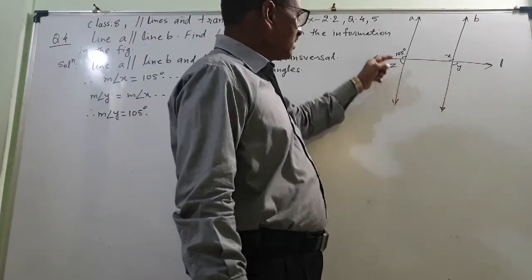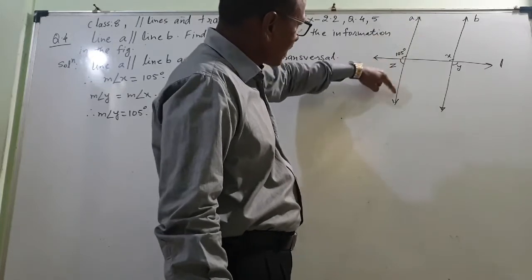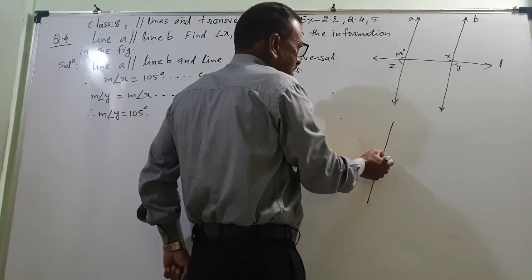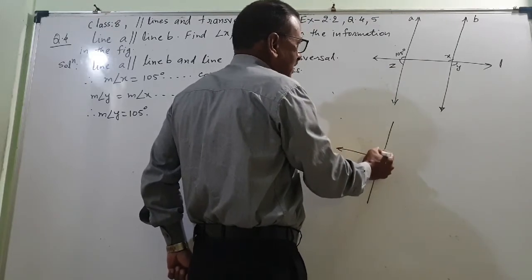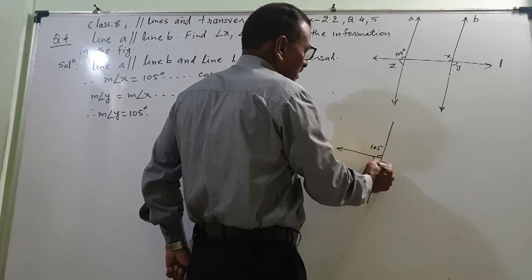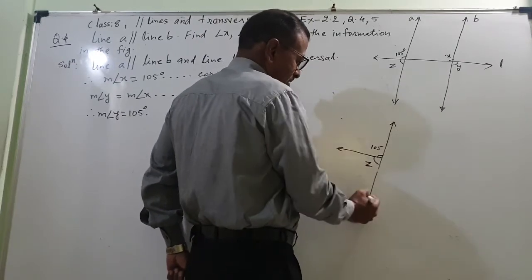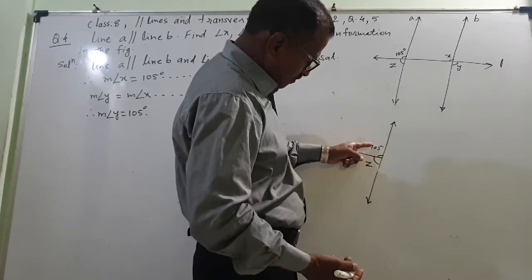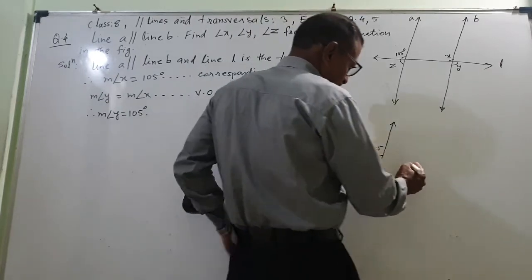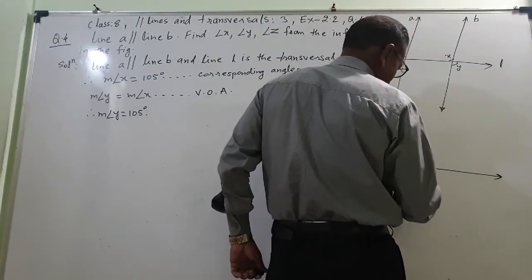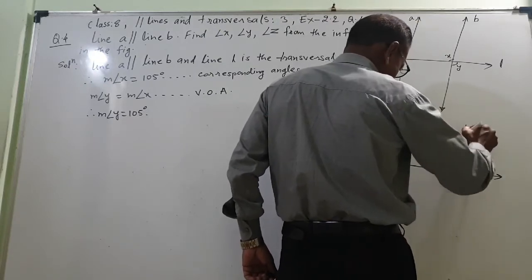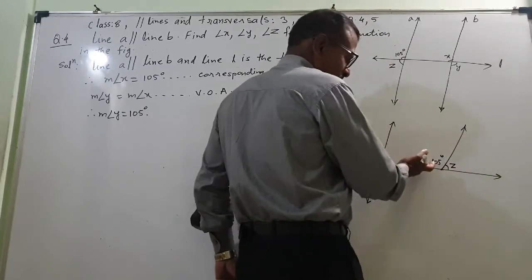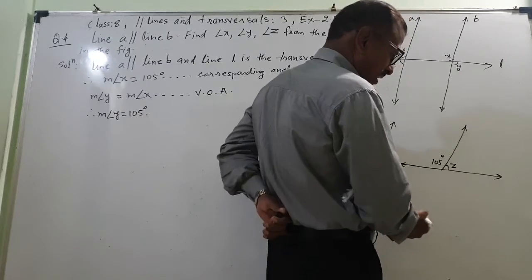About Z, see this. On this line, these are the two angles. This is the line, this A line. On this there are these two angles. This angle is 105 degrees. This angle is Z degrees. On this line, if such angles are there, this plus this is equal to 180 degrees. This is 105 degrees, this is angle Z. The sum will be 180 degrees. Why is it 180 degrees?